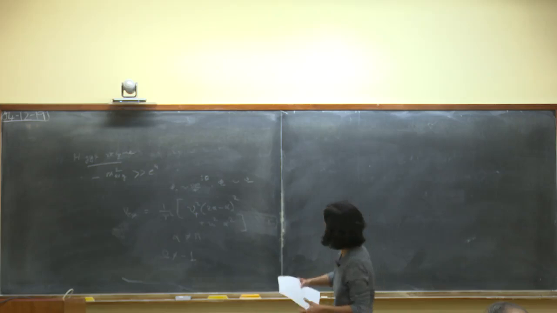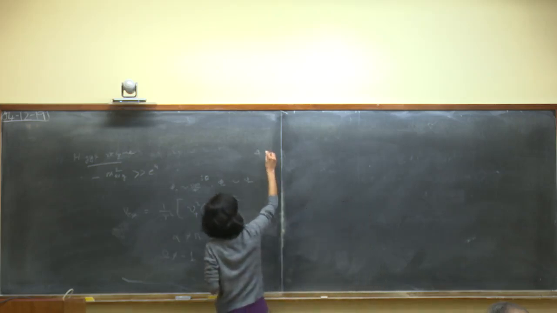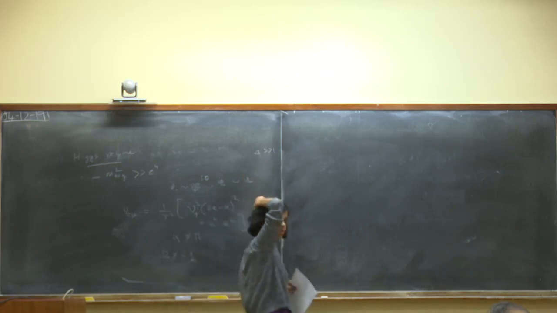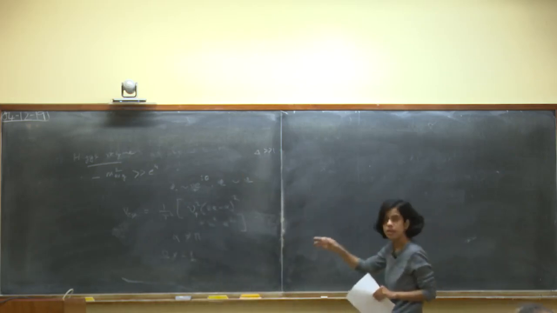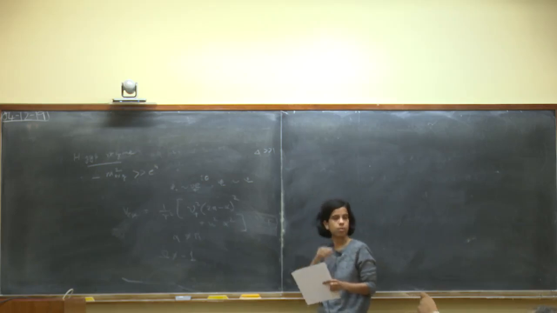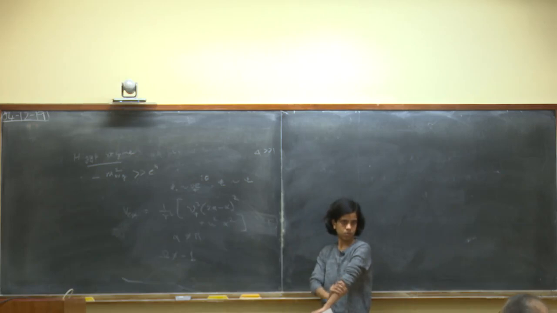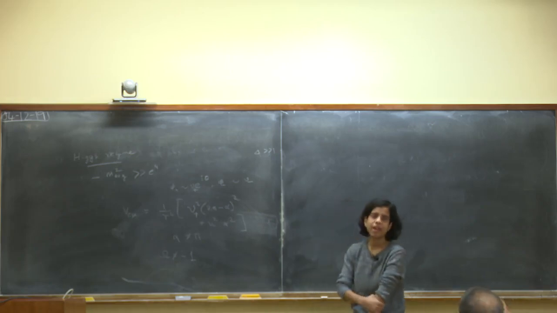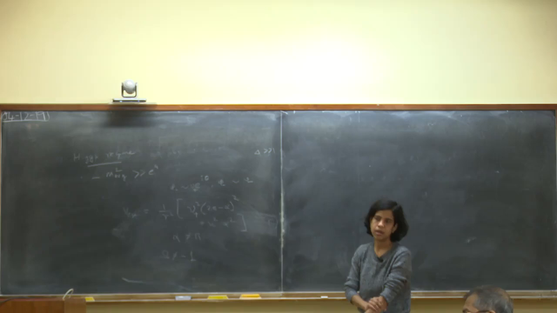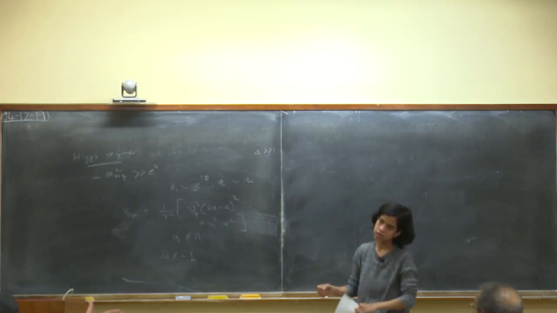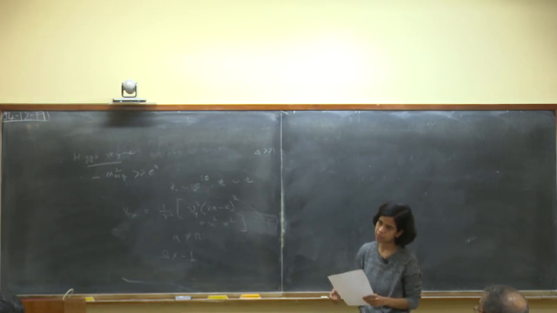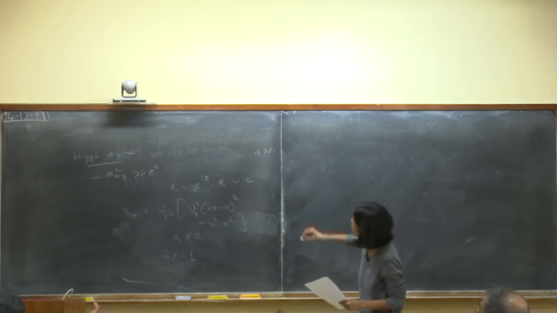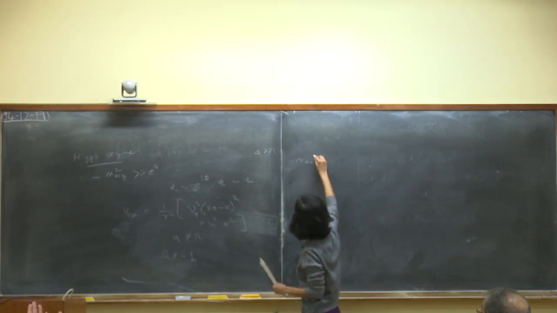I think I could. So for example, if delta is bigger than 1... I presume that when you have this m average square large and negative, both m plus square and m minus square have to be large and negative. That, of course, has to be ensured. So that's what I was asking about this statement that both should condense. If I take m plus to be large positive, I still want the potential to be like that.